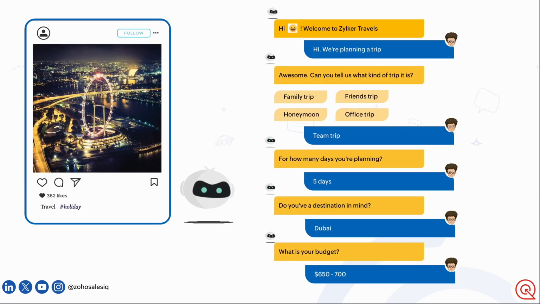Of the 4 to 5 travel agencies we contacted, only one engaged us in a conversation. I think you'd get where I'm going with this story. So they had a chatbot. Only one of those travel agencies' Instagram handles had a chatbot that welcomed us and collected our information. It had a complete flow and asked questions such as what kind of trip we are planning, for how many days we are planning to stay there, what is our budget, and which is our